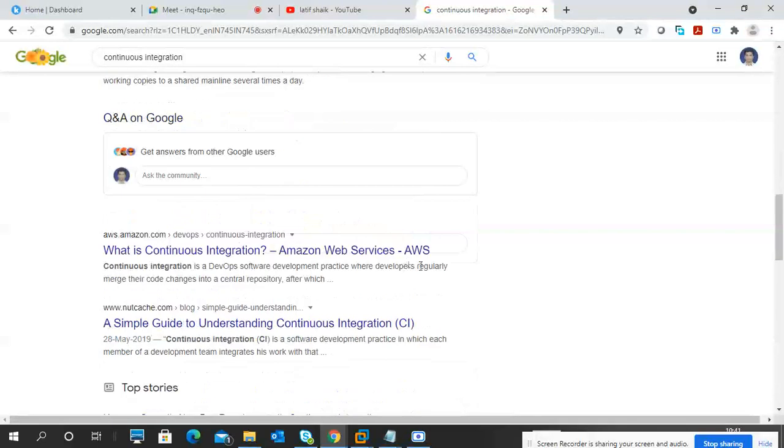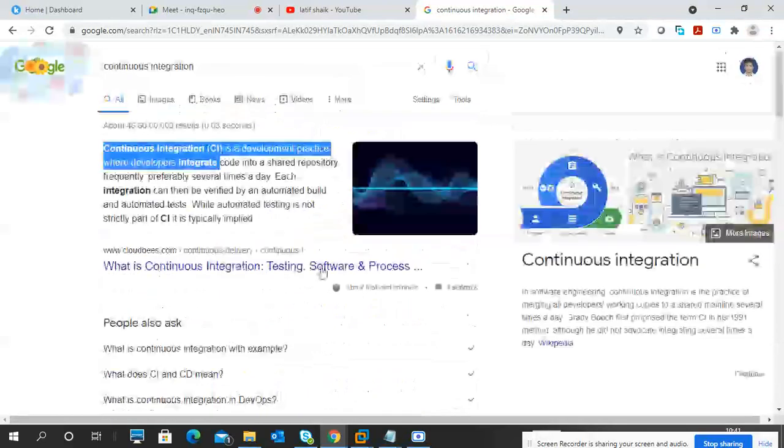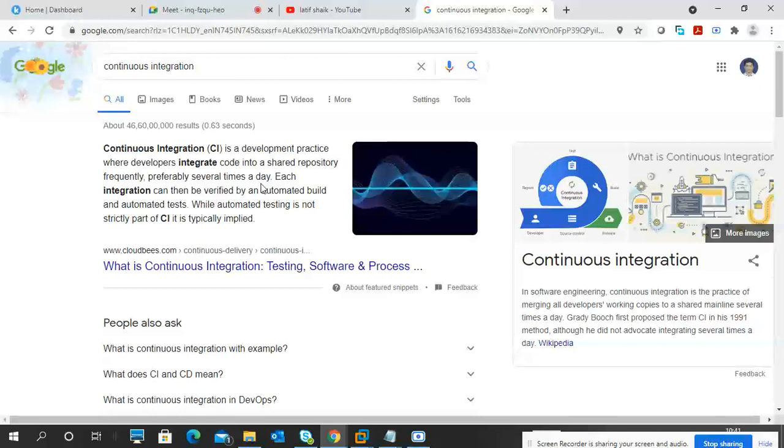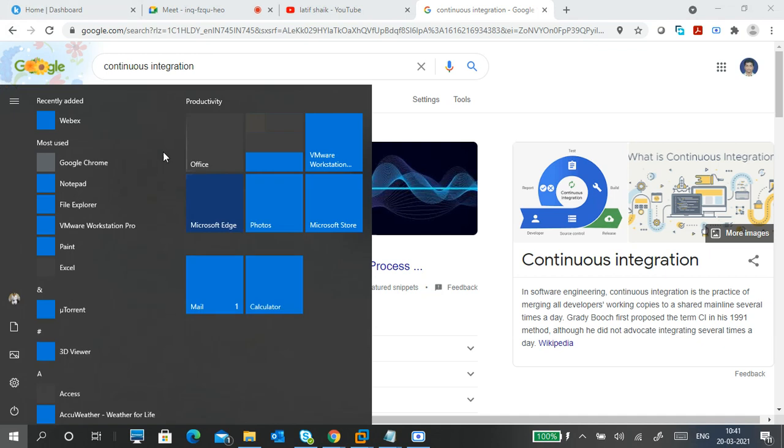So my point, to put it in a very easy way: in DevOps we have different tools like coding, testing, building, deploying, and monitoring. So when anything happens, any change occurs, the integration tool automatically responds and acts according to the choice, like when a new code is generated, for example.